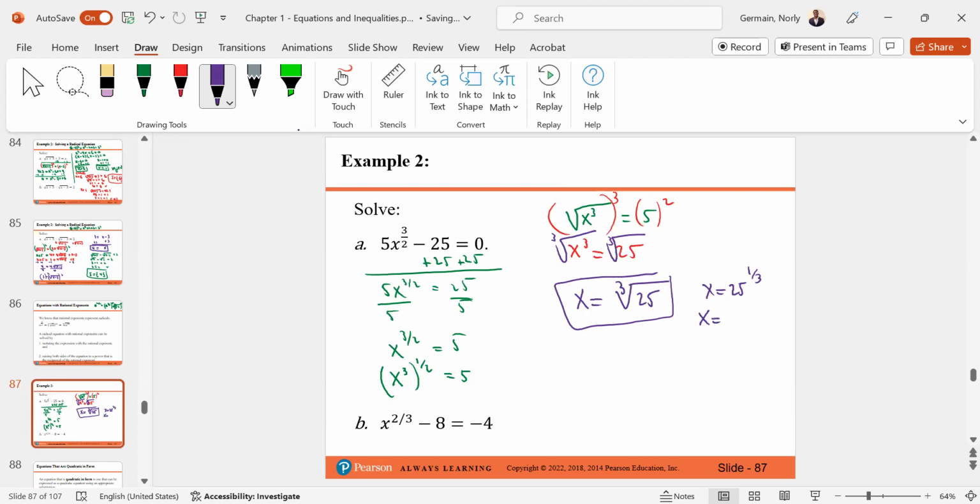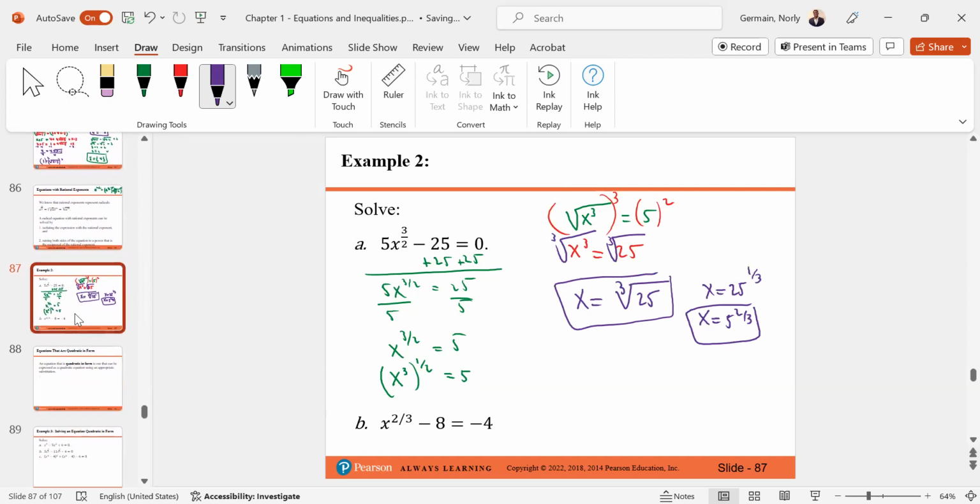What is 25? It is 5 power 2, so you can do 5 power 2/3. Either one would work perfectly well for you this way, okay? So you choose either one. Some other examples, like